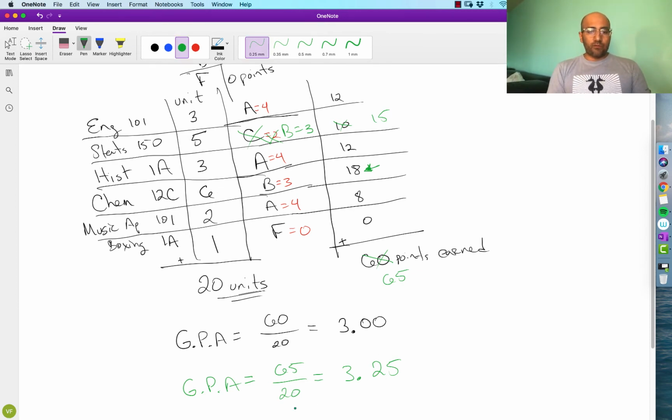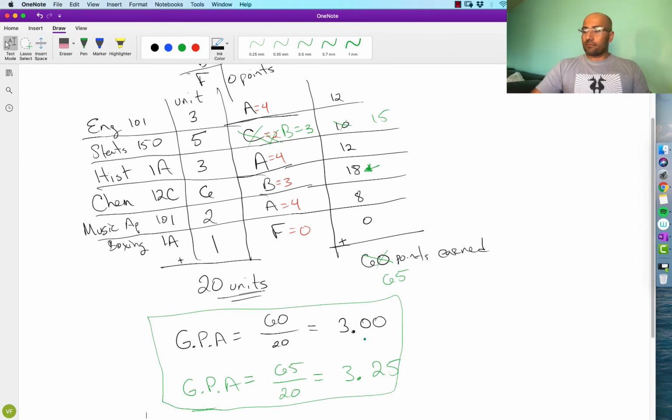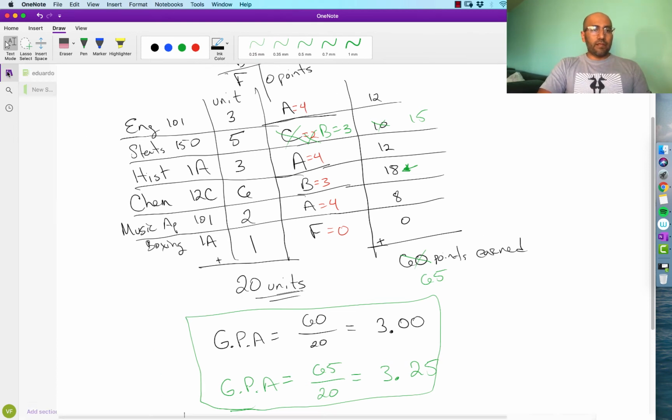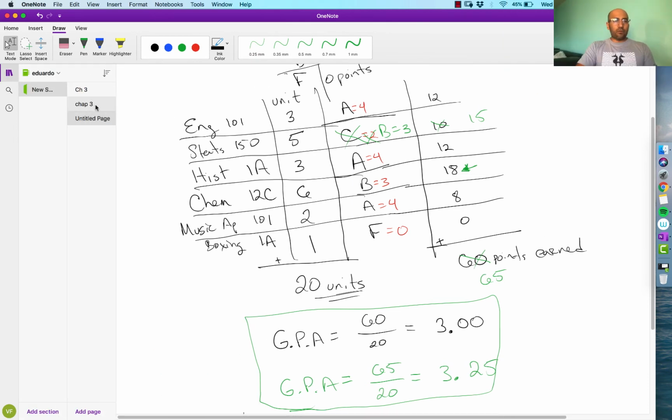Good. Okay, so that's how we calculate GPAs. Another classic example of weighted averages. Let's go back to our